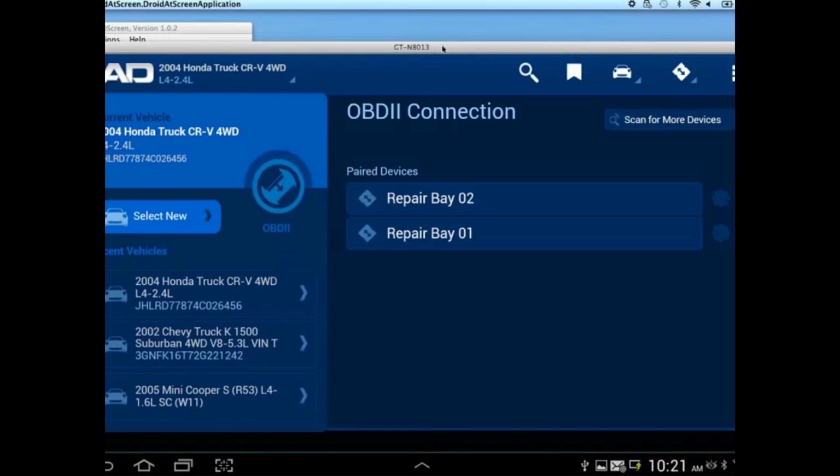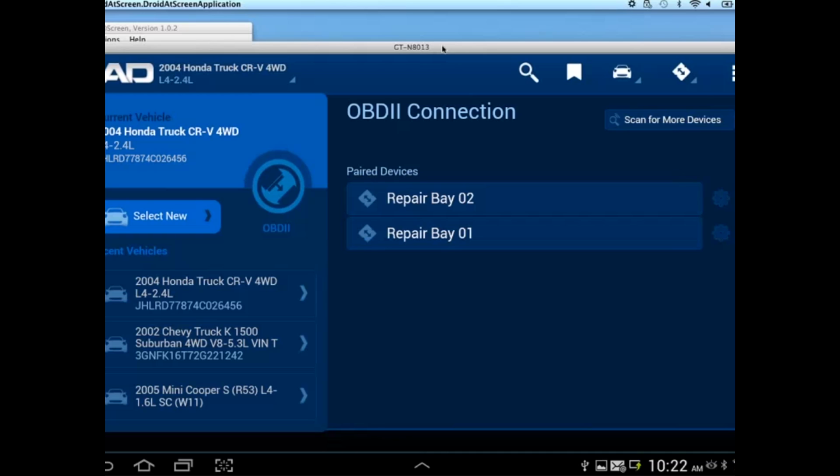Part of the functionality of ALLDATA Mobile is the ability to support multiple devices within a shop. So per se, you could have one OBDII adapter dedicated to each bay of the shop and use a single app to go from car to car to car. All you have to do is connect, disconnect, move to the next bay, connect, reconnect to the third bay. You can name as many devices as you need or can handle. It's actually a really nice feature for doing multiple vehicle repair utilizing a single tablet.